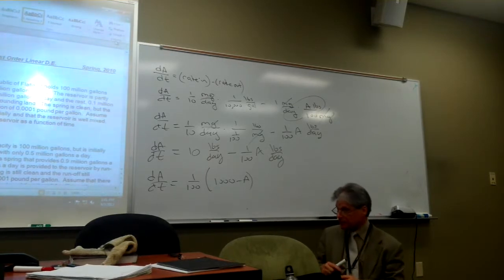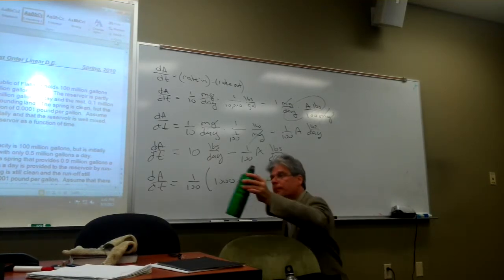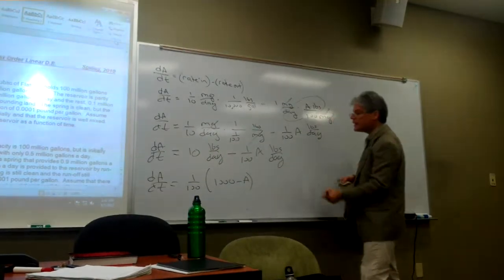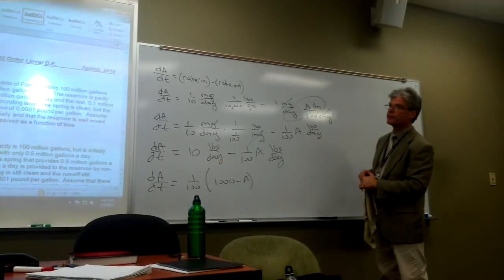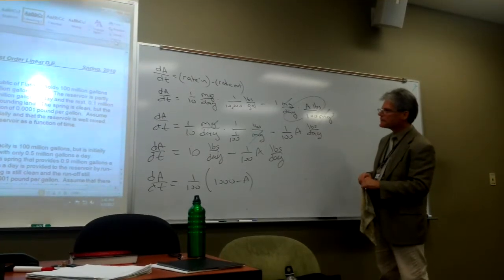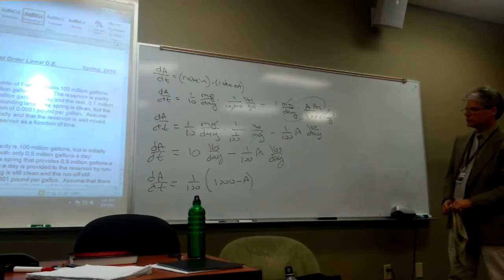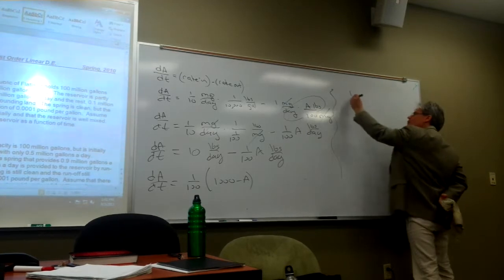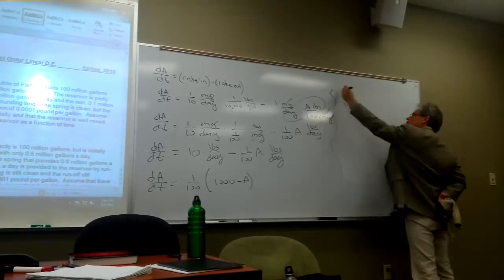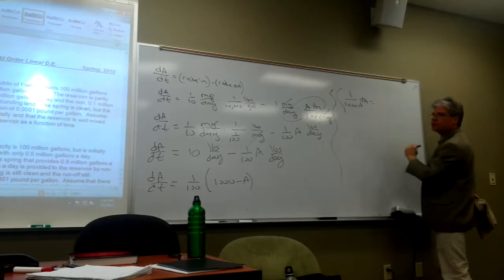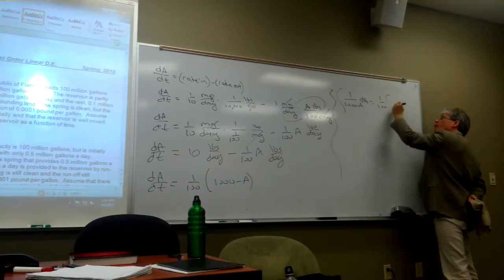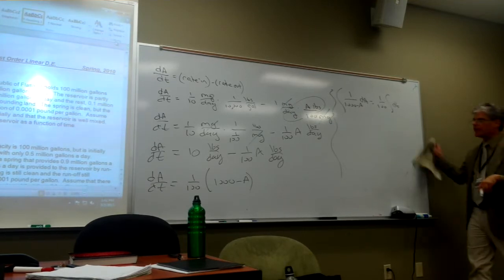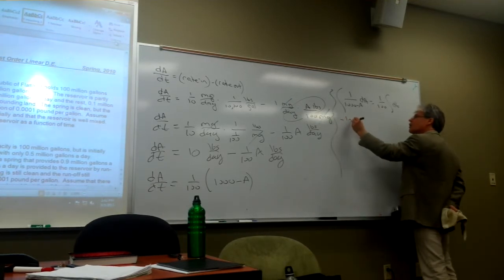Do you guys think I can classify this DE as being separable? Yes. Oh, piece of cake. So let's just do that. Let's separate our variables. I don't have enough room, and I don't want to erase my picture. You tell me if I'm being too condensed. Does that give me 1 over this, integrated with respect to A, being equal to a constant times the integral of 1 with respect to t? Now, life is a piece of cake. I think this just gives me the negative natural log of the absolute value